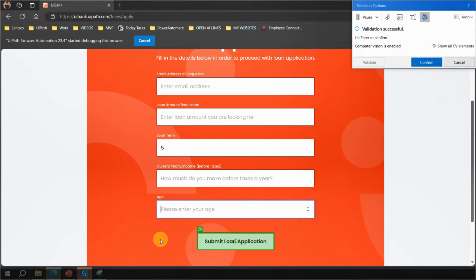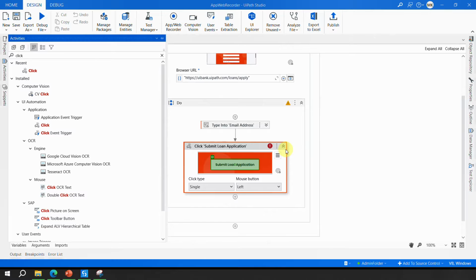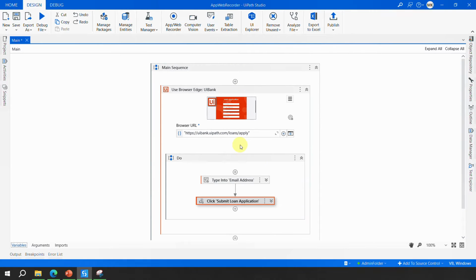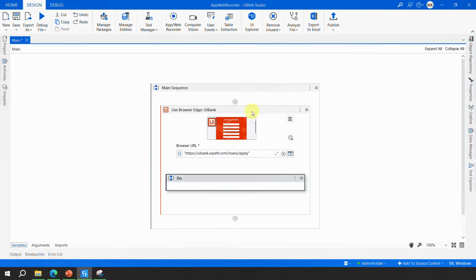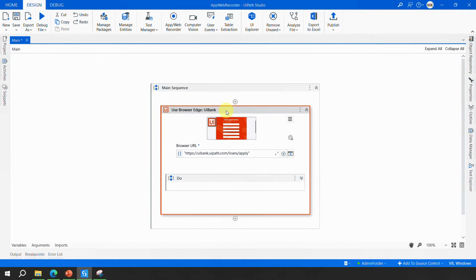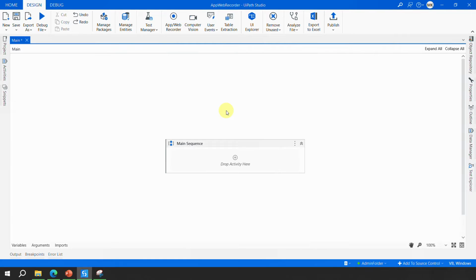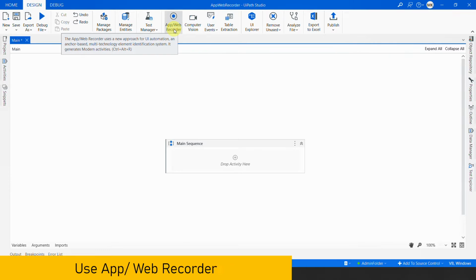So I hope you understand that this was a way where I could actually go and create the automation like this. And if you see, this is in the modern design, so I am using at the top Use Application/Browser. I hope you guys understand. So I'll delete this. Now this takes some time, I have to drag and drop activities and configure them. However, if I want to immediately execute something, I can use something which is called the App/Web Recorder,